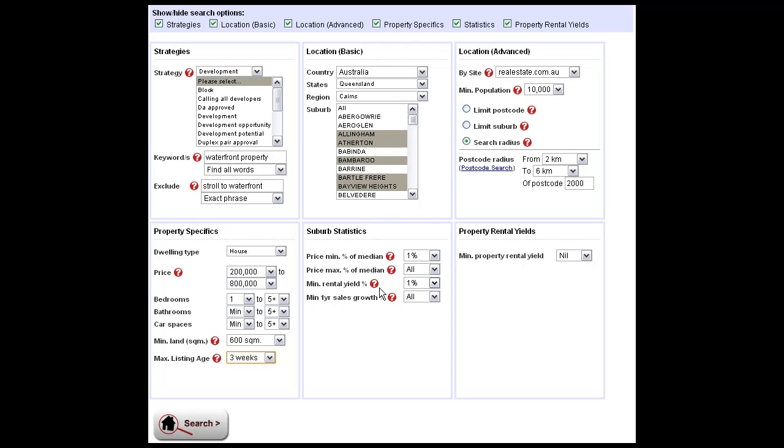When we move over to the suburb statistics area, these bands and filters are particularly useful. They allow us to filter the results by the minimum and maximum percentage of the median price in that particular suburb at a bedroom and dwelling type level. So what does that mean? Well, let's say in a given suburb, to make it easy to calculate, that the median listing price for 3-bedroom houses is $100,000. By setting these filters at 50 to 100% of the median, that ensures that all properties that are for sale in that particular suburb at between $50,000 and $100,000, if the median was $100,000, only those results would display. So quite a useful filter, particularly for narrowing out or finding property on the market below the median